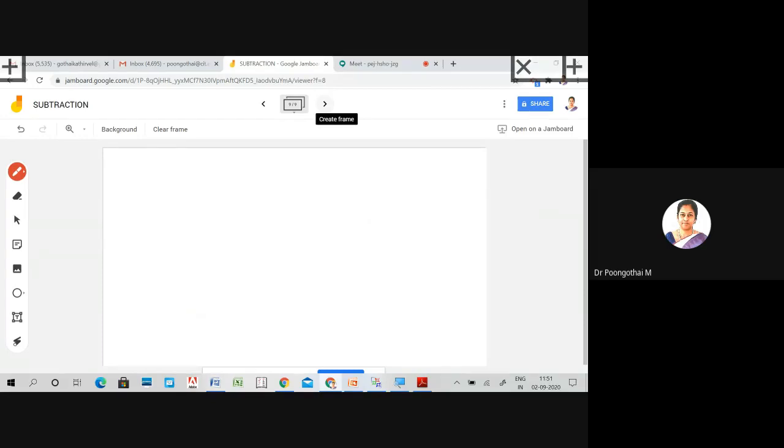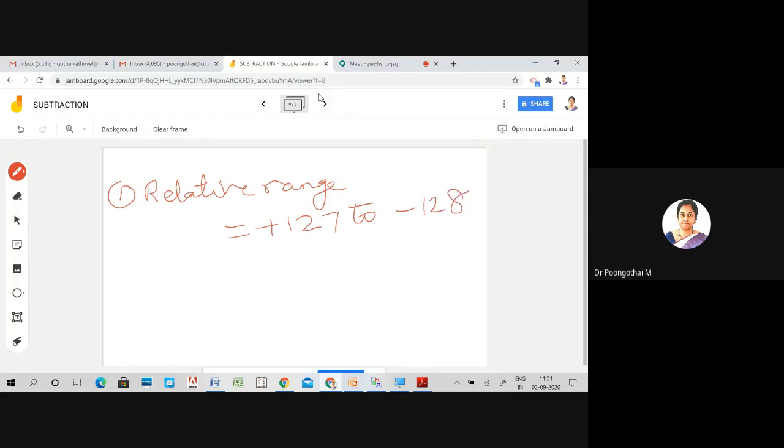Actually, the jump range can be of 3 types. First one is relative range. The range is from plus 127 to minus 128, in hexadecimal 7FH to minus 80H.